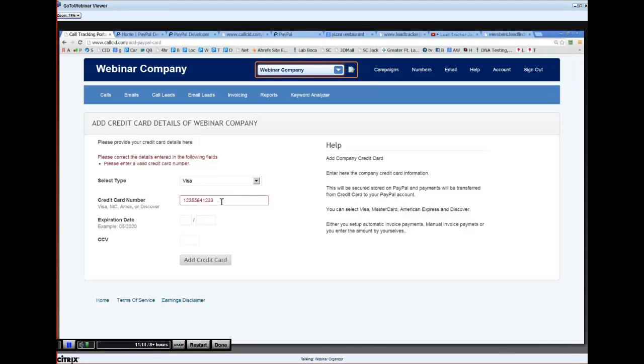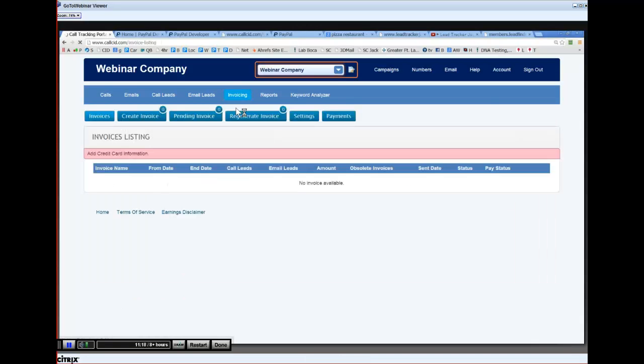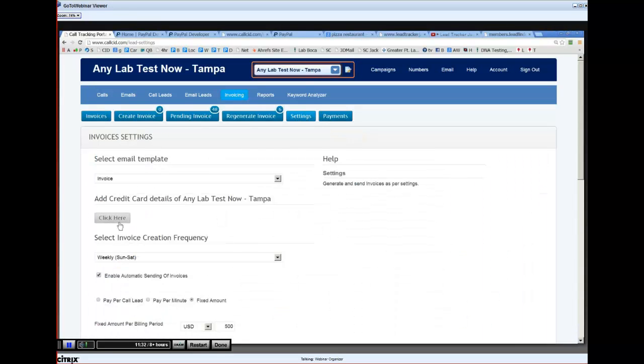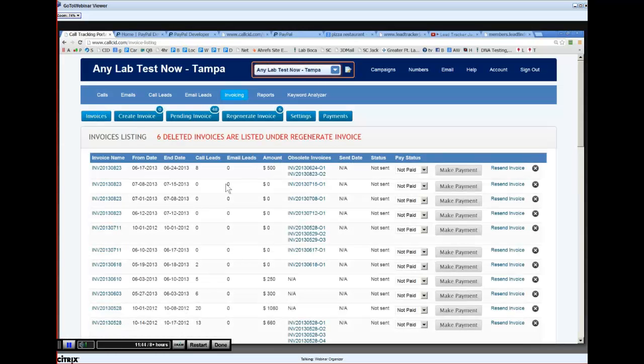I wanted to show you how it is possible. Now, if you go to invoices, let's say Tampa, you can either make a payment now by pressing on this button, or if you go to settings and add a credit card, if it is not added, you can set enable automatic payment. So once the credit card is added, either you have everything automated, so that the payments from the invoice get done, or you can do manual